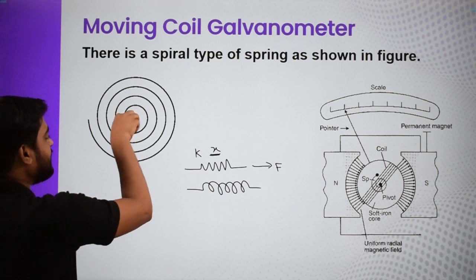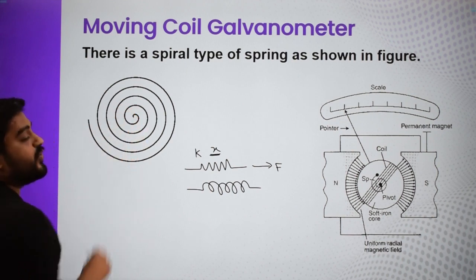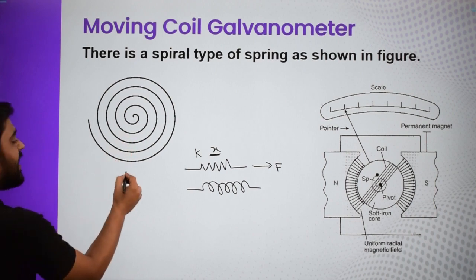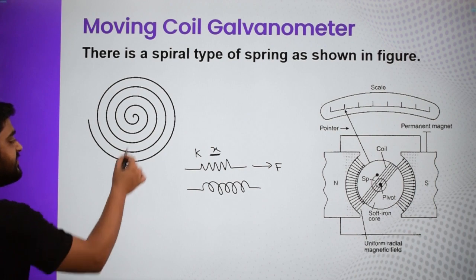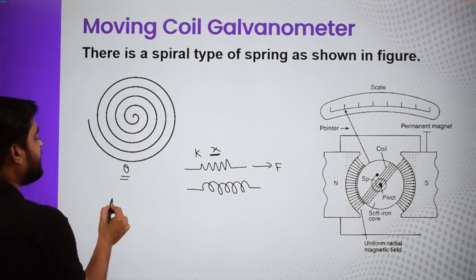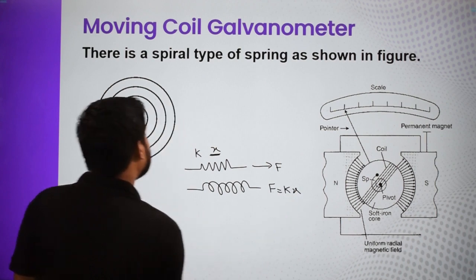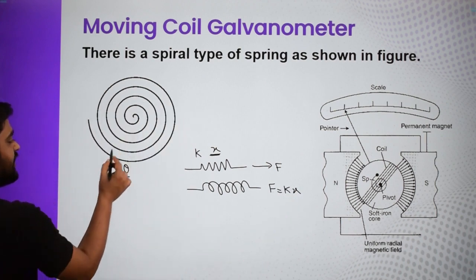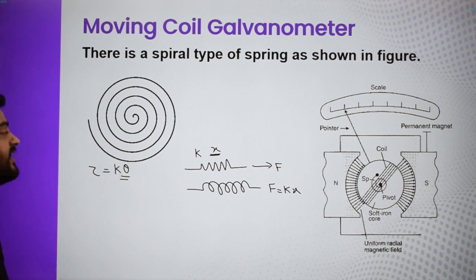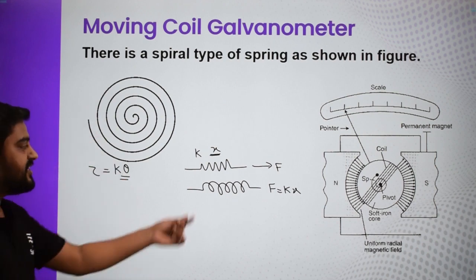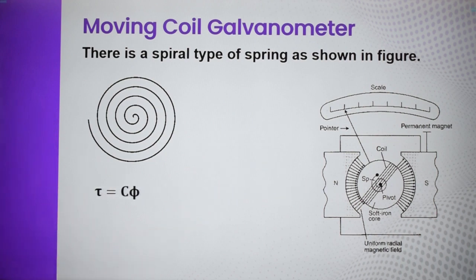Here we rotate something which is connected through here. So one end is fixed and the other end we rotate. If we rotate by an angle theta, then theta here plays the role of extension or compression. Theta is basically the angular displacement. In a linear spring the force is given by kx. Similarly, here the torque is given by k theta, where k is again the spring constant. To be precise, for the linear spring it is known as the spring constant, and for this it is known as the torsion constant.